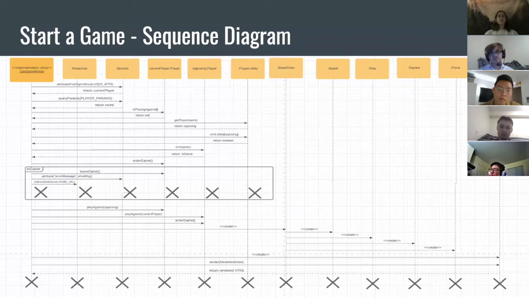In our Sprint 2, we created a start a game sequence diagram. This is the overall entirety of the sequence diagram. However, in this presentation, we'll only be covering the processes. So the first half of it, up until the end of the lifelines in the condition of in-game, focuses on the processes, while the second half of it focuses on board view and getting the visual information with Template Engine running cohesively. So on the next slide,